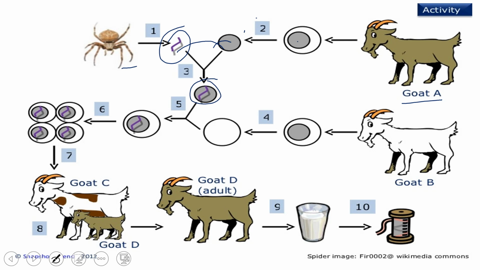is there. Now from the second goat we are going to take the cells, which are enucleated cells. So we are going to remove the nucleus. Only cytoplasmic components we are going to take, and then this nucleus will be inserted into this one. So we have a hybrid cell which contains 3 different components from 3 different places: cytoplasmic portions from this goat, main nucleus from this goat, and the spider silk gene from this spider,